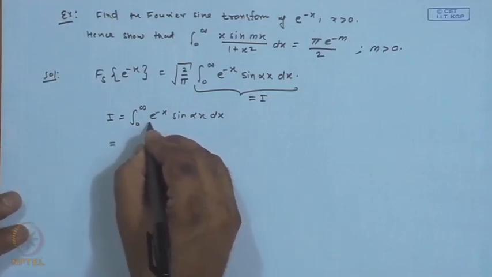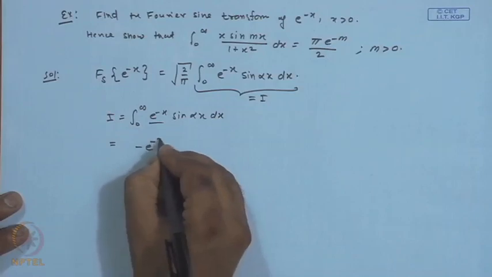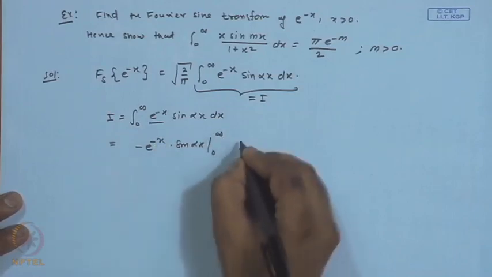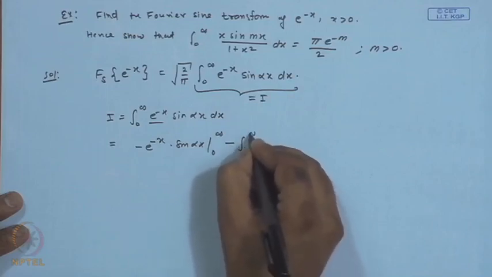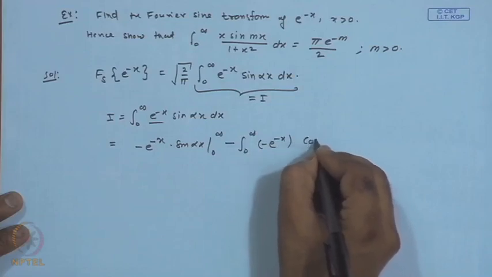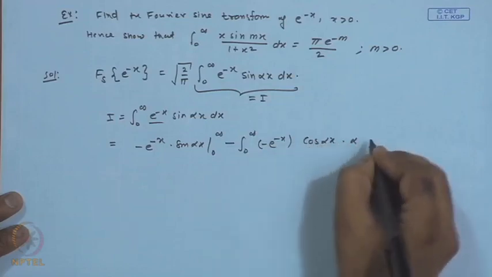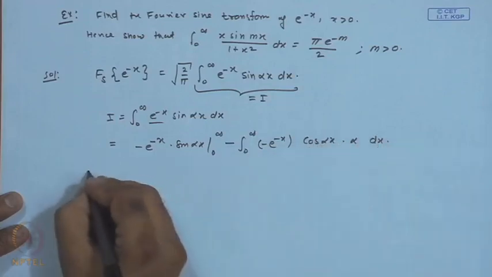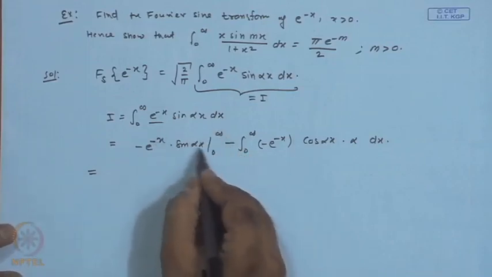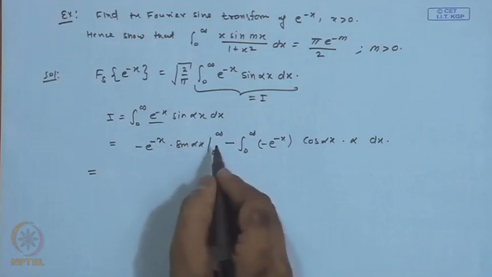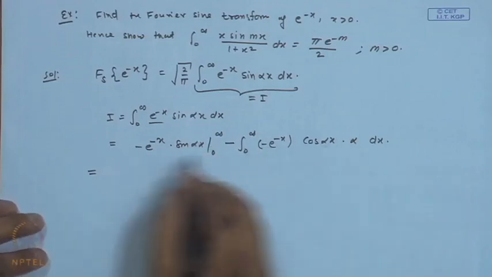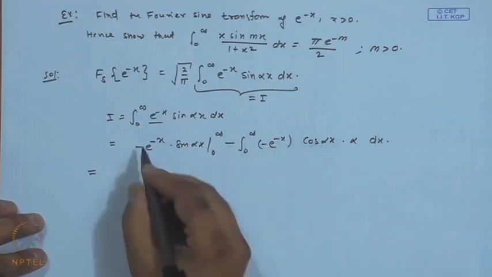So, in this integral here we have minus e to the minus x and sine alpha x from 0 to infinity, and then minus the integral from 0 to infinity again of minus e to the minus x, and the derivative of sine gives cos alpha x times alpha dx. So, here when x approaches infinity, this will be 0, and when x approaches 0, this sine alpha x will be 0. So, here we do not have any term. Now, we have this minus minus plus. So, we have alpha,